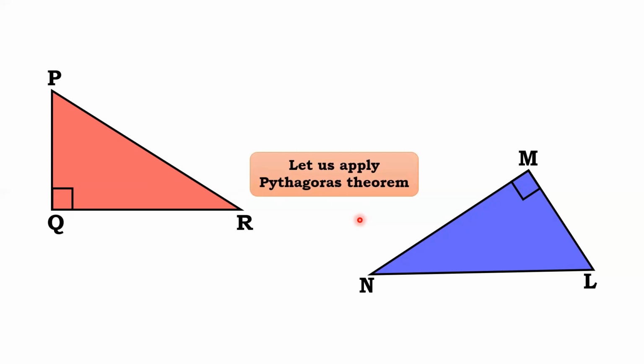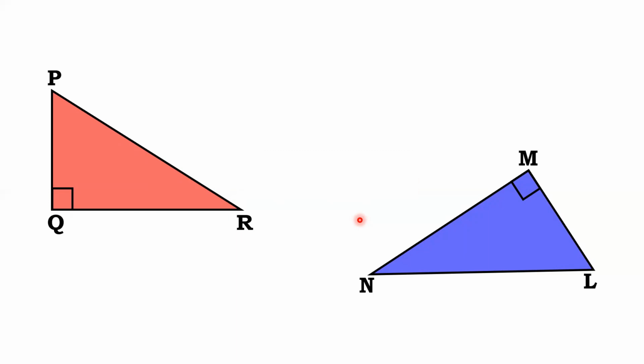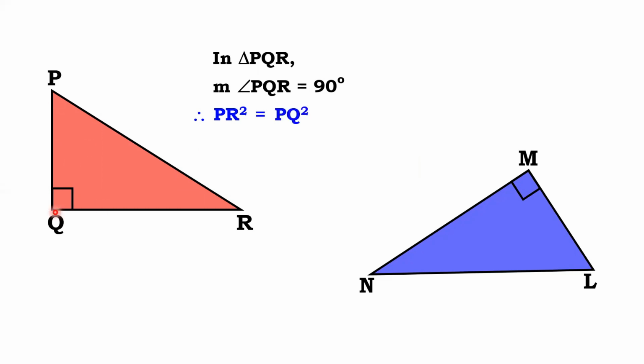Okay. Now we have a triangle PQR. So first of all, start with the presentation: in triangle PQR. Second, we have to mention which angle is 90 degrees. So which angle is 90 degrees here? Angle Q. So Q should be placed in between. Angle PQR is equal to 90 degrees. Now since it is a right angle triangle, we can use Pythagoras theorem. Now if Q is 90 degrees, opposite to Q is side PR. So PR is the hypotenuse. So PR square, because we know hypotenuse square is equal to the sum of the remaining sides' squares, so PQ square plus QR square.